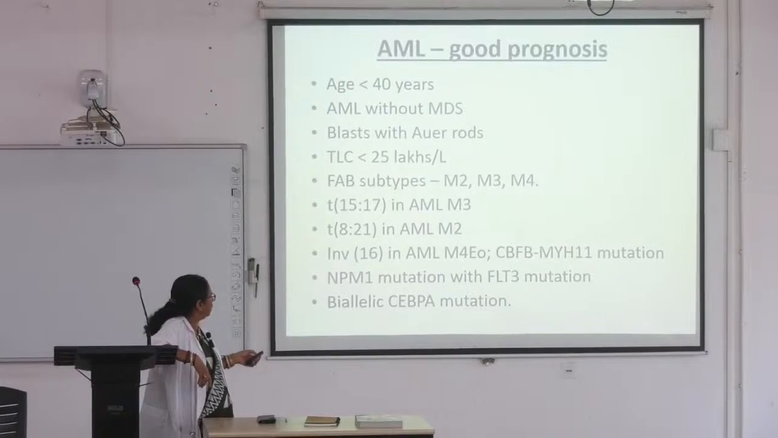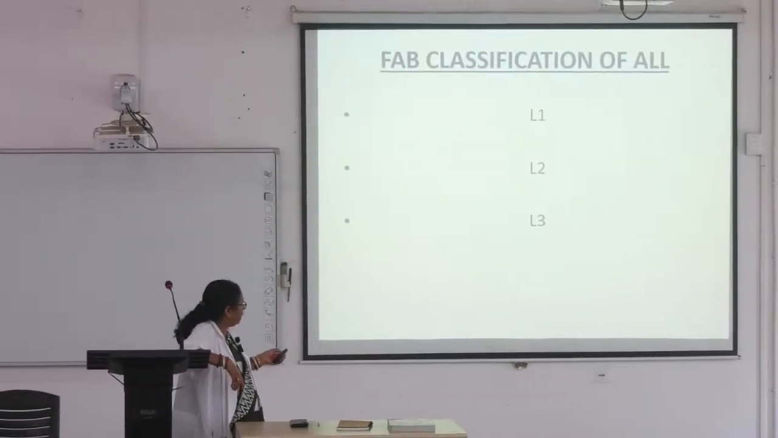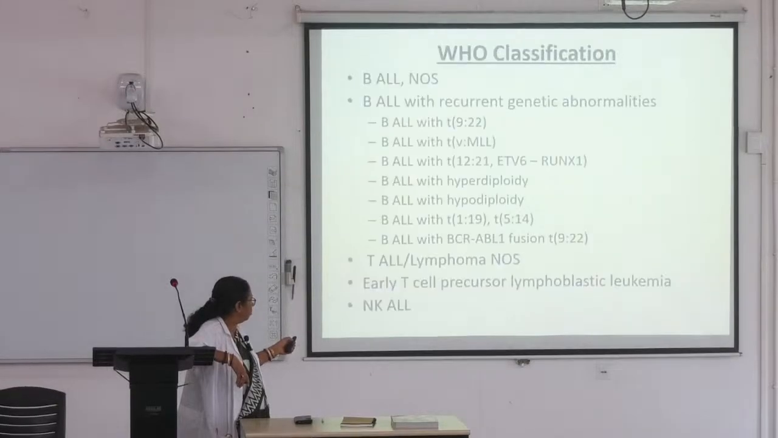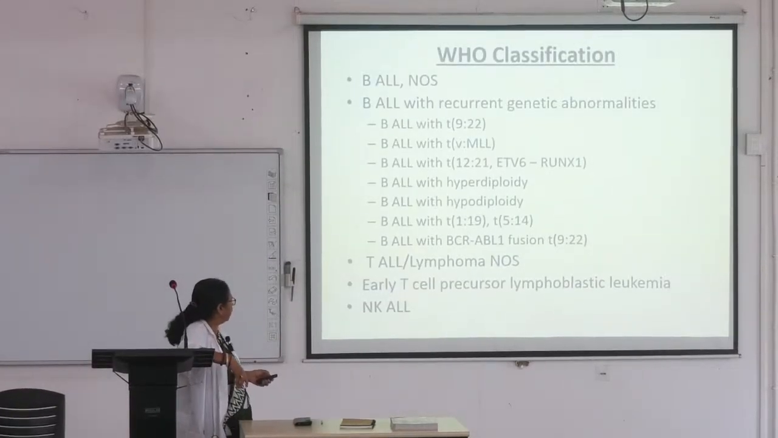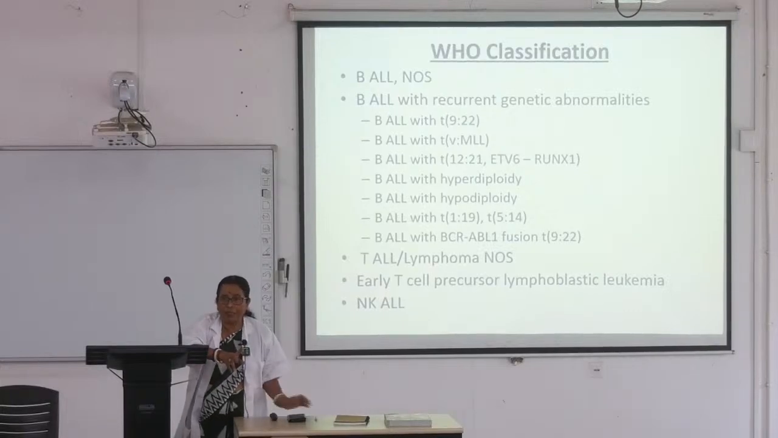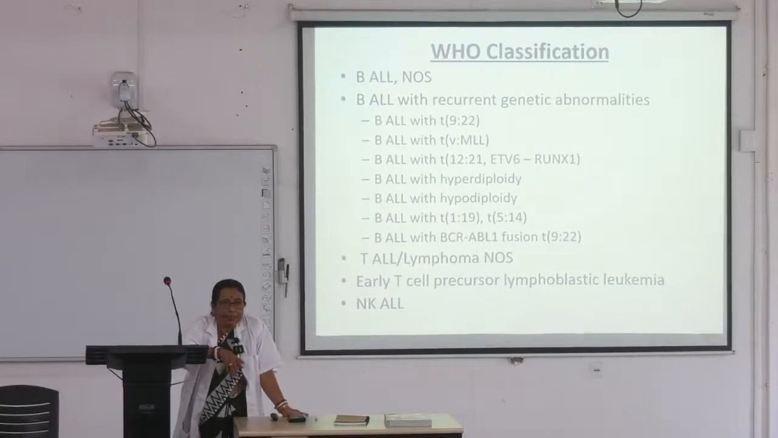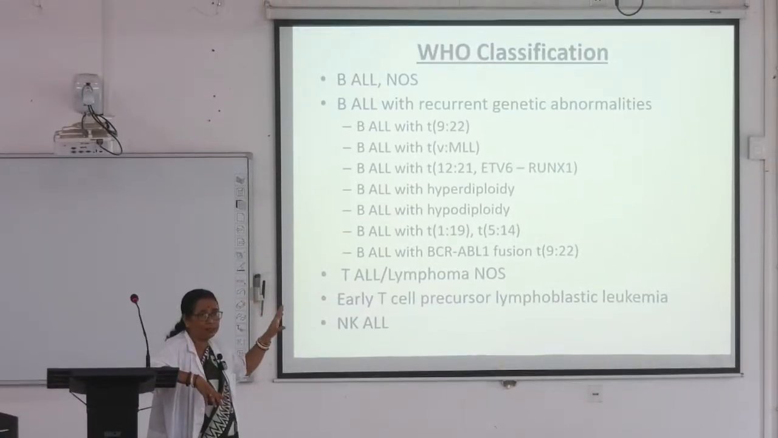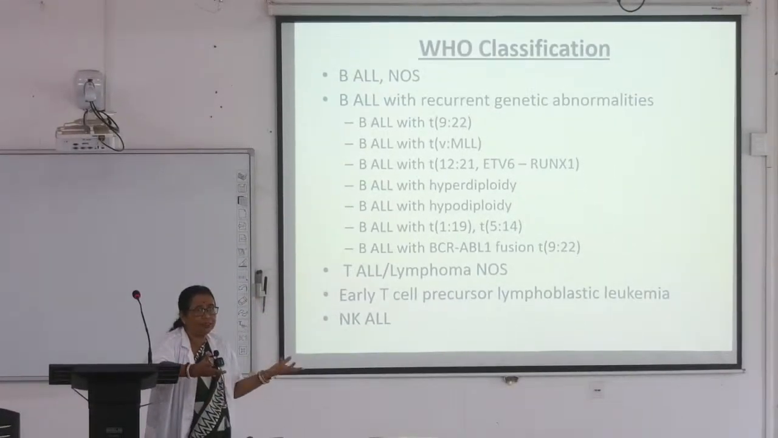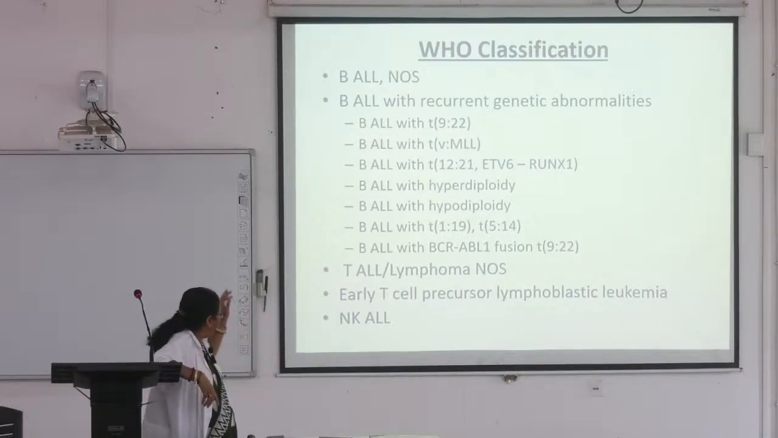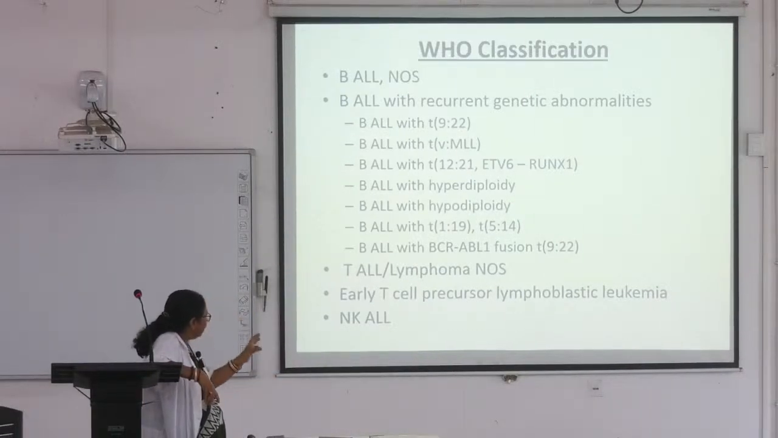এগুলো গুড প্রগনোসিস, এটা ক্লাসিফিকেশন অফ দ্য ALL। গুড প্রগনোসিস আমি পরে দেখাবো। এই যে WHO ক্লাসিফিকেশন অফ দি ALL। ALL এর মধ্যে 2 রকম সেল আছে, B সেল এন্ড T সেল। B-ALL NOS, লাইক মরফোলজিক্যালি যেগুলো আমরা বুঝতে পারি, সেগুলো সাইটোজেনেটিক দরকার হয় না, NOS। আর যেটা হচ্ছে রিকারেন্ট জেনেটিক অ্যাবনর্মালিটিস, ALL উইথ